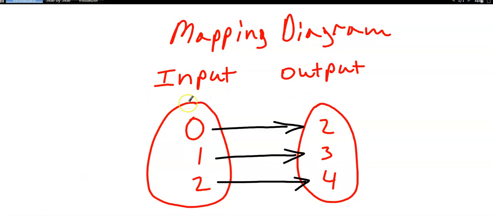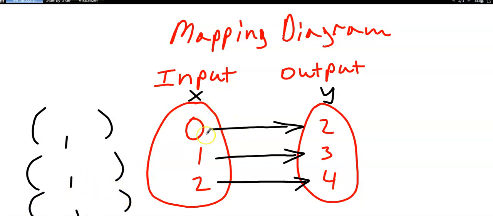This is called a mapping diagram, and we're going to talk about a relation that these values have with that value. The relation would be the actual ordered pairs that we're going to create with this. So remember, these are the inputs and the outputs. The input is known as the x, and the output is known as y. So all you would have to do is create 1, 2, 3 ordered pairs